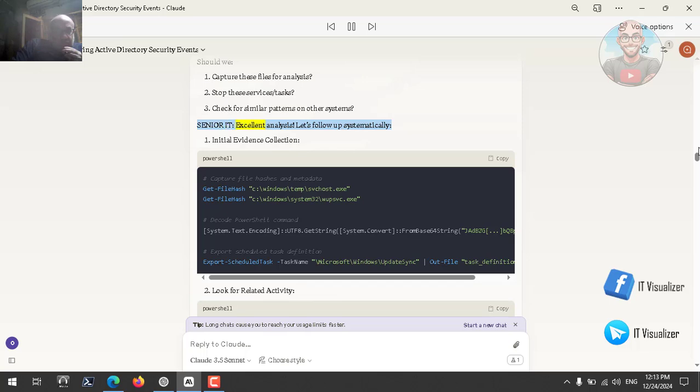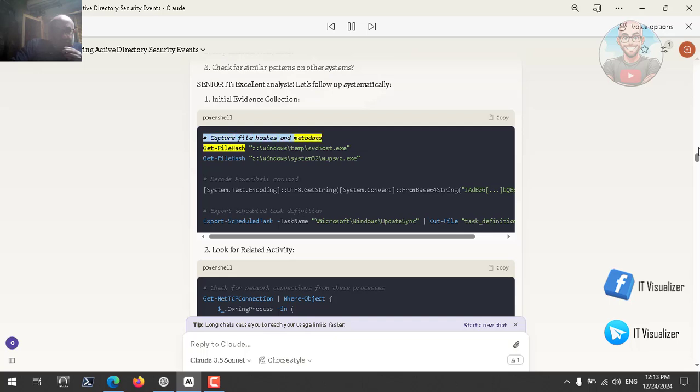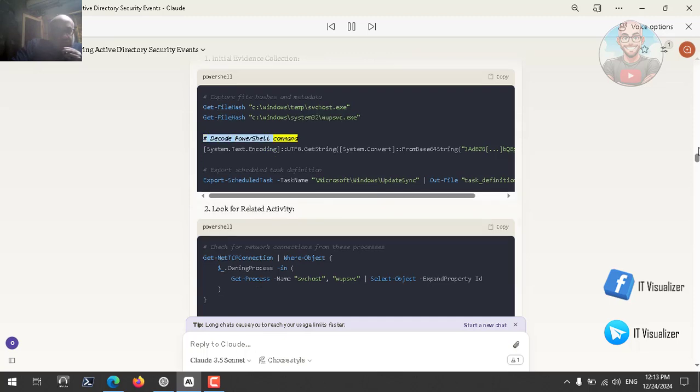Senior IT: Excellent analysis. Let's follow up systematically. Initial evidence collection, PowerShell. # Capture file hashes and metadata. Get-FileHash C:\Windows\Temp\svchost.exe. Get-FileHash C:\Windows\System32\whoops.exe. # Decode PowerShell command